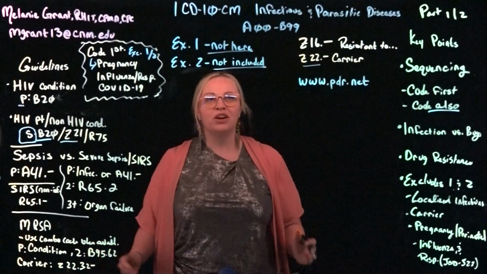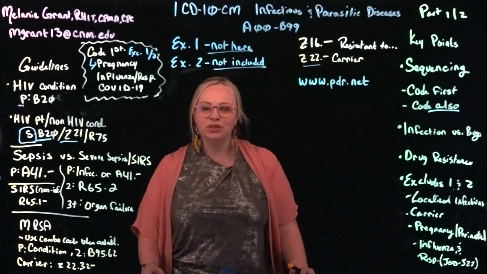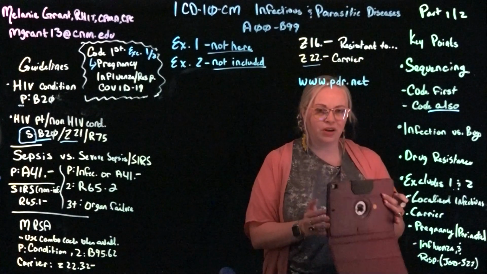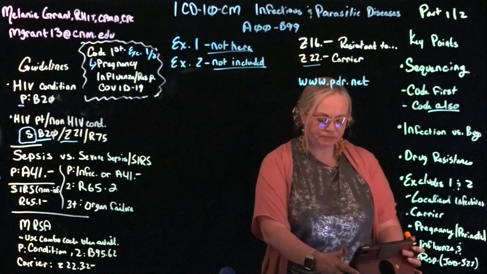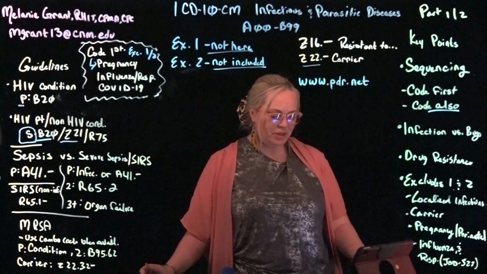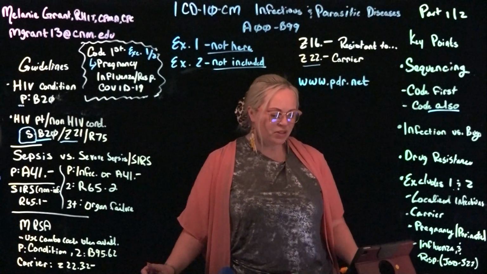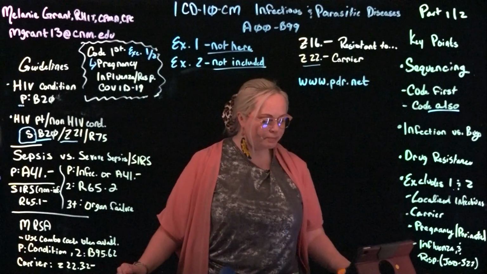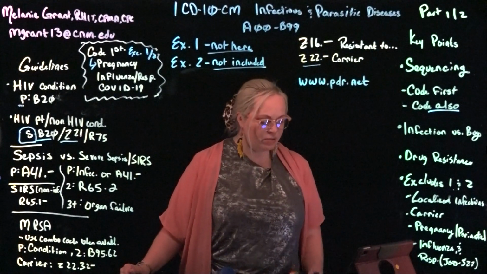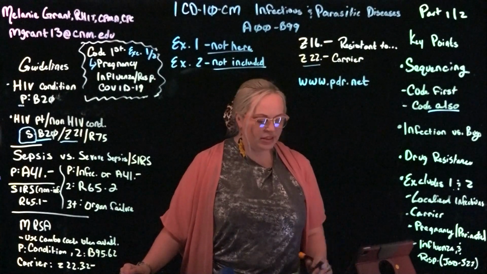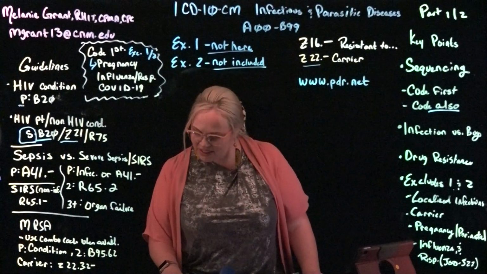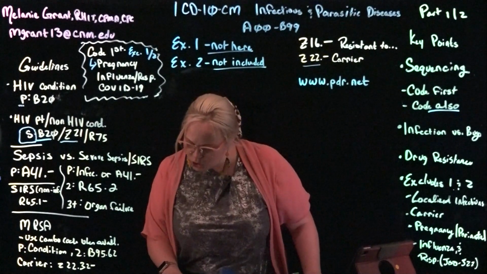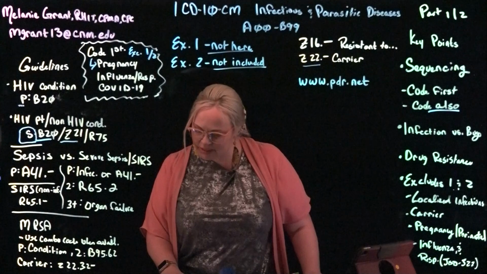That allows us to get started looking at the coding chapter for A00 through B99. The first thing we look at is that there are 2 different code sections, A codes and B codes. And I'm going to reference our textbook here because I think it has a great reference of what those differences are. Under your A codes, you have several different blocks. These are specific to intestinal infections, tuberculosis, certain zoonotic bacterial diseases,